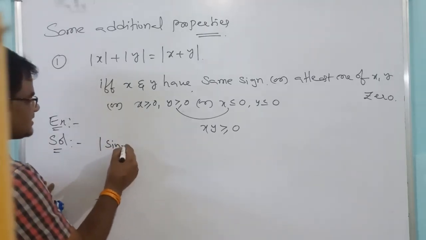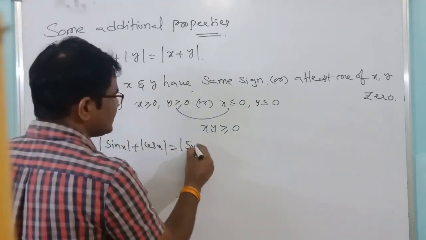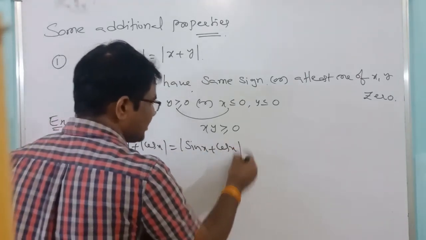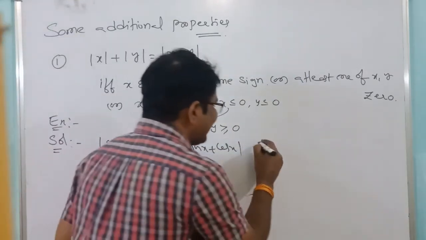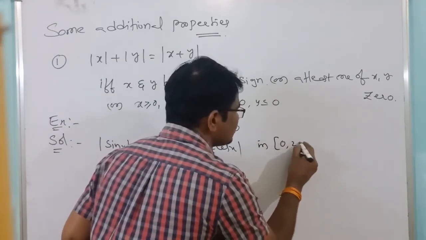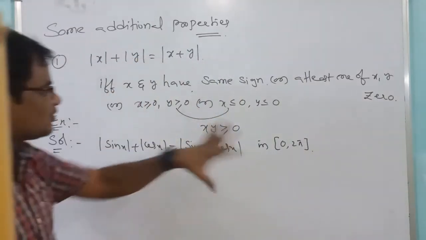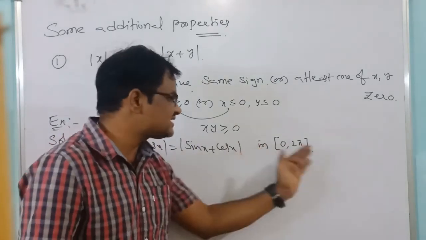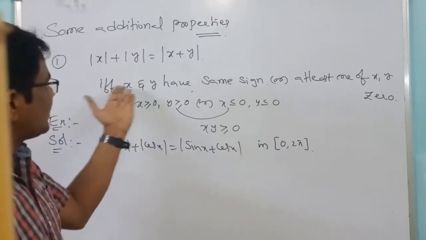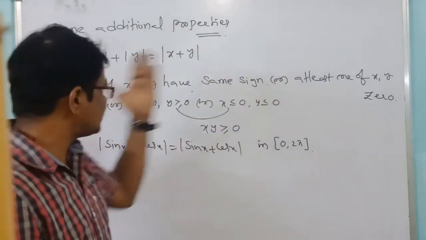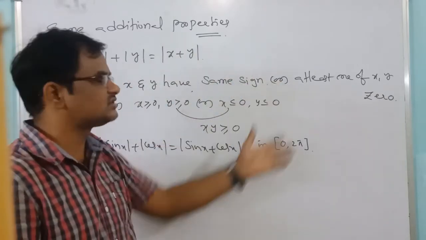|sin x| + |cos x| = |sin x + cos x|. Important problem, listen carefully. How to apply this property on the problem? In the closed interval 0 to 2π. So it is in the form |x| + |y| = |x + y| in this interval. So what is the solution asking? For that, what are the conditions? Either this one or this one or this one. Sometimes only one is satisfied, sometimes all of these are satisfied.